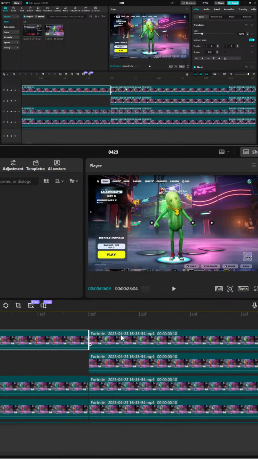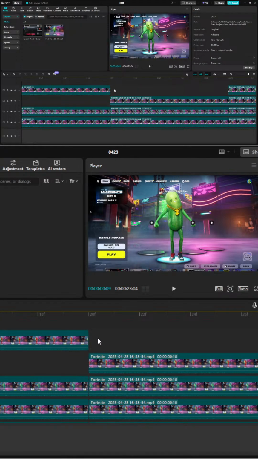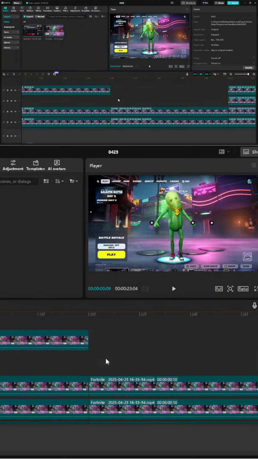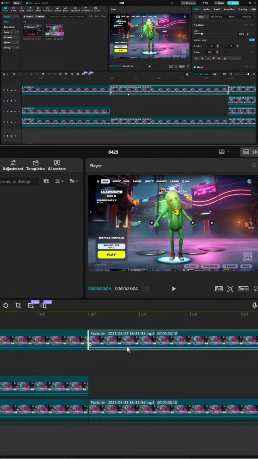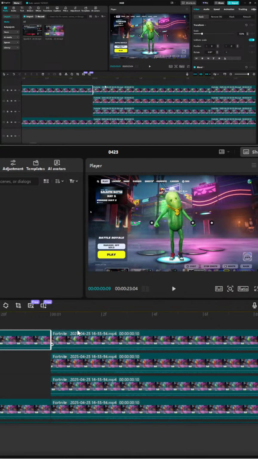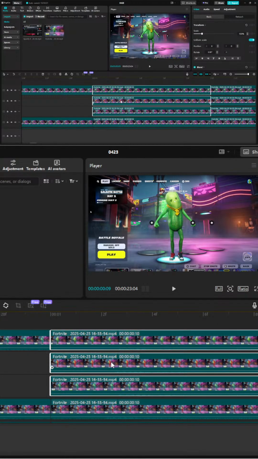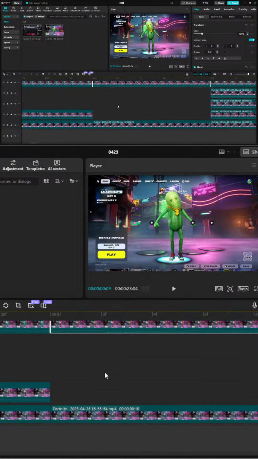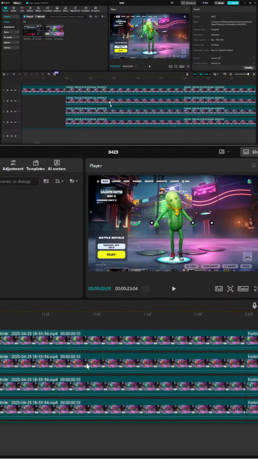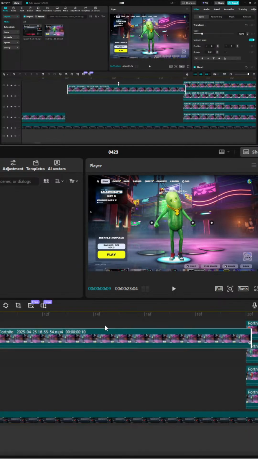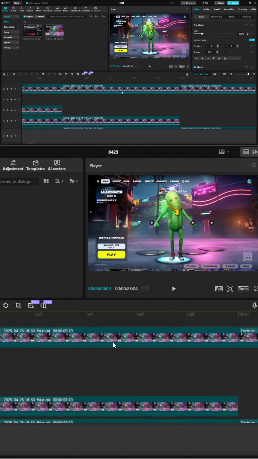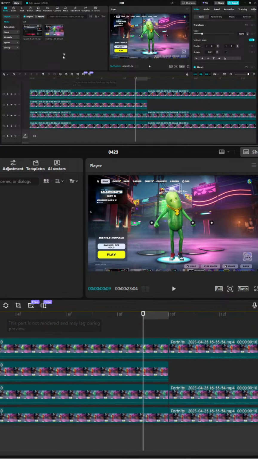And now I'm just gonna do that for these ones too. So delete the top layers and then drag the new one up. Delete the top layers, drag the new one up, and then delete top layers, drag it up. Now here, what we're gonna do now to make that smooth transition